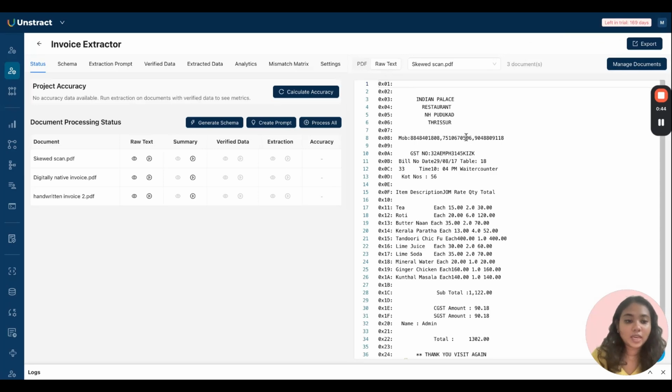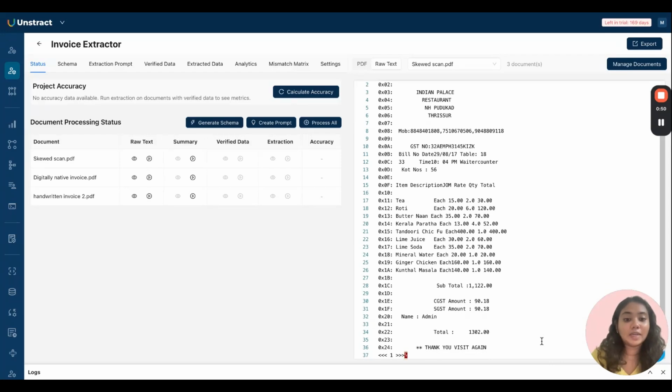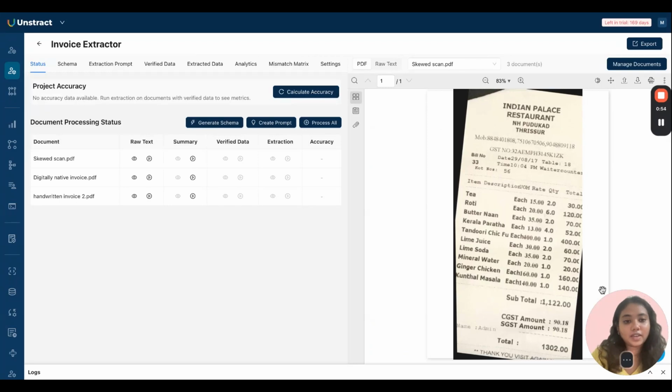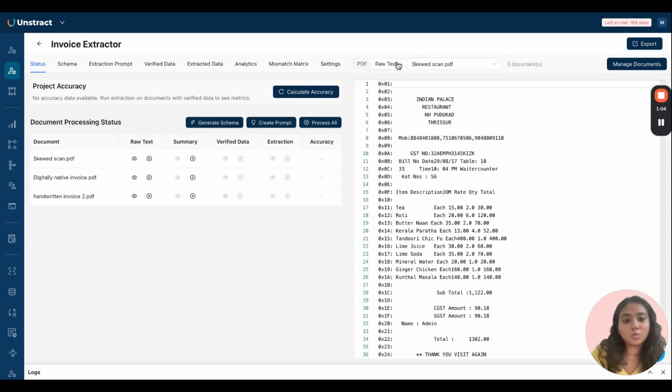So the best way in which you can pass the text from your documents is in a format with the layout intact. You can see over here that this invoice right here is a scanned PDF, and it is also disoriented, and it could be quite difficult for traditional systems to extract data. However, with the LLM Whisperer, we're able to basically orient this text, and we've also extracted all the text fields from this document.